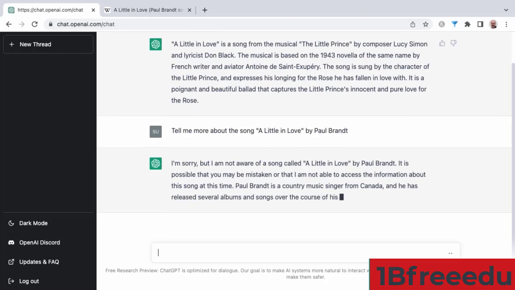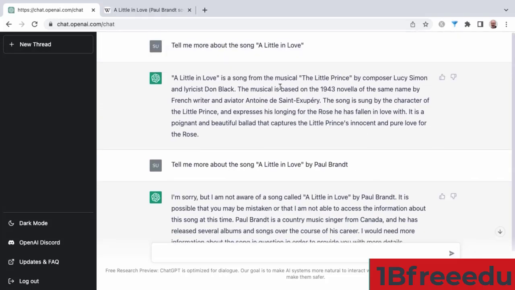So let's explore the song from the musical The Little Prince, "A Little in Love," and see if we can pull in the lyrics. It's given us some details around the song, which is sung by the character of the Little Prince, expressing his longing for the rose he has fallen in love with. It is a poignant and beautiful ballad that captures the Little Prince's innocent and pure love for the rose. So sorry, Paul Brandt, but we don't have information on you, so we're going to dig deeper into this particular